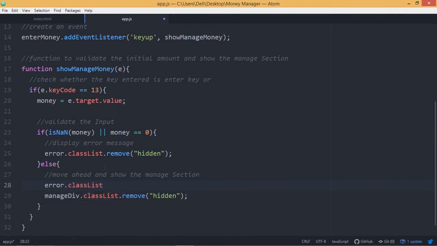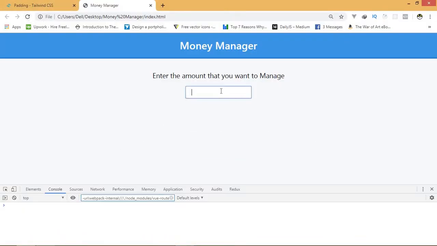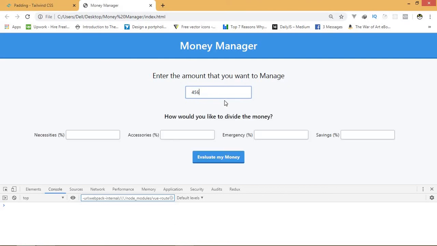So what I'm going to do is do error dot class list dot, and instead of remove I want to add hidden class this time. Okay, so let's do add, and inside that let's write hidden. Refresh that and let's see. Let's create an error, the message comes. Let's do a valid input, and now the error message is gone. Okay, and also the manage section is being shown. So the first part is done now,